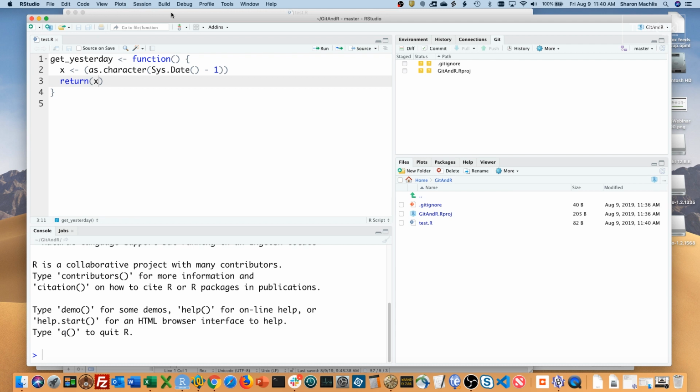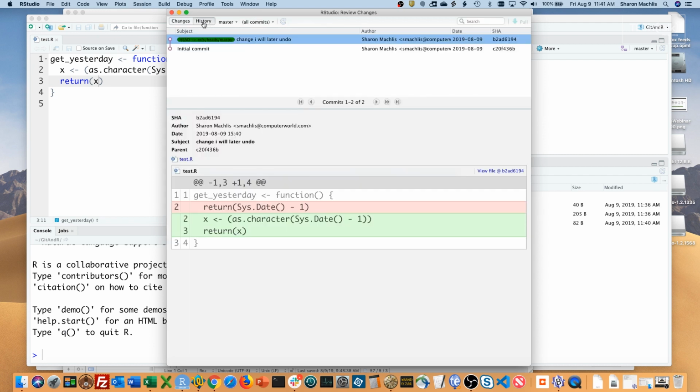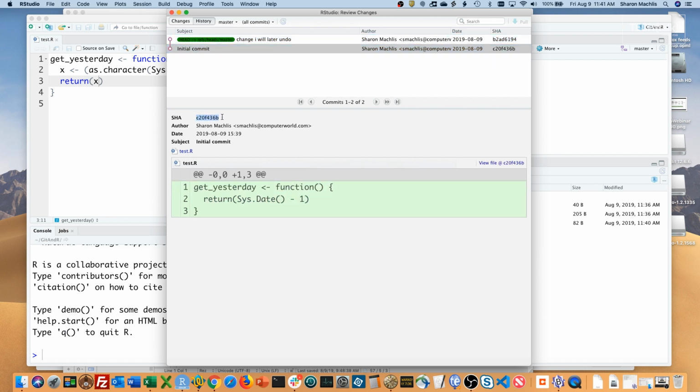Okay, go back to the Git tab here and click the diff button and then history. See the history button here? You can see all your project commits here with their commit messages here. Hopefully you can see why having descriptive commit messages is useful here. I'll copy the SHA I want to revert to. That would be this one. And I'd like to copy that.